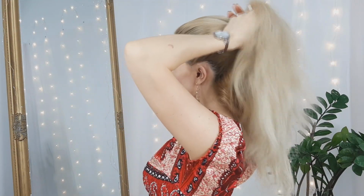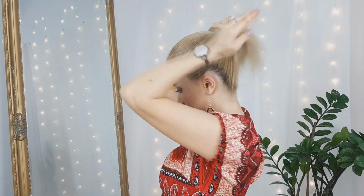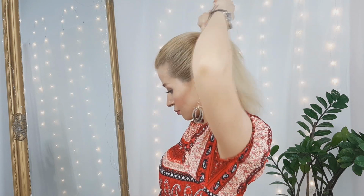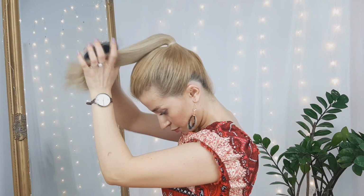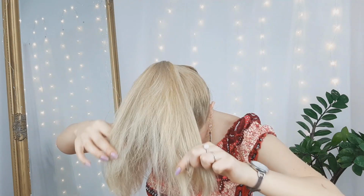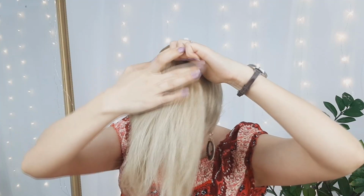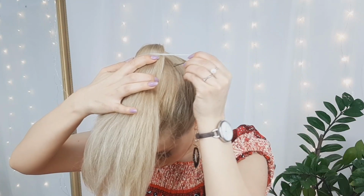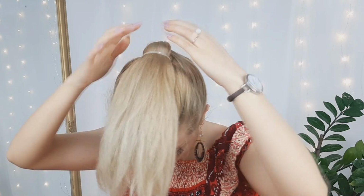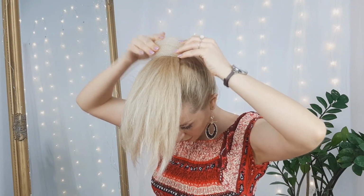For the next French bun, we want to tie our hair into a very high sleek ponytail. Then using a clear elastic, bring two bobby pins to the opposite sides of our elastic. We want to pin it over our ponytail like I'm showing. Then grabbing our same donut bun, we want to bring it over our ponytail and pin it from the sides